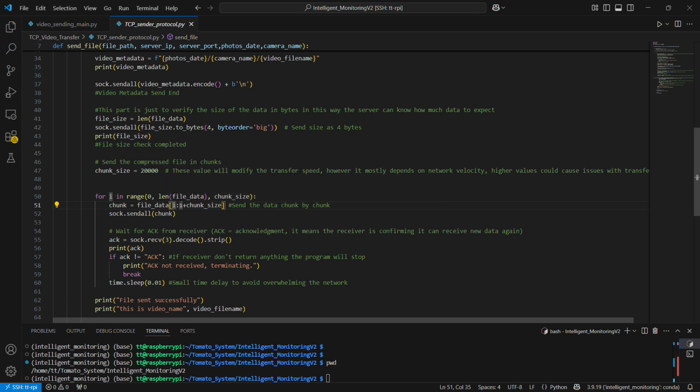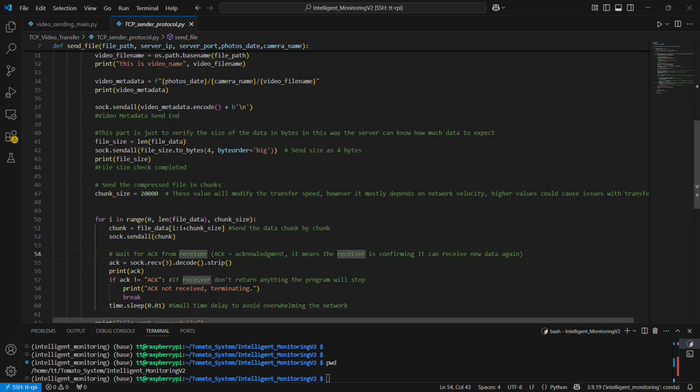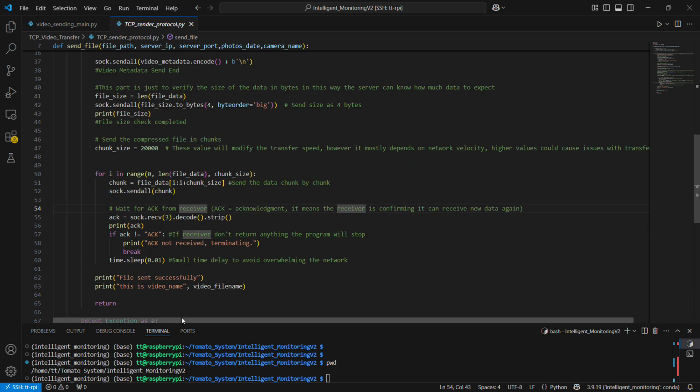Then we are going from 20,001 to 40,000 and so on. And we are sending this as a small chunk to the API server over here. Now, when the API server receives the data, it's very dangerous to just let our side keep sending and